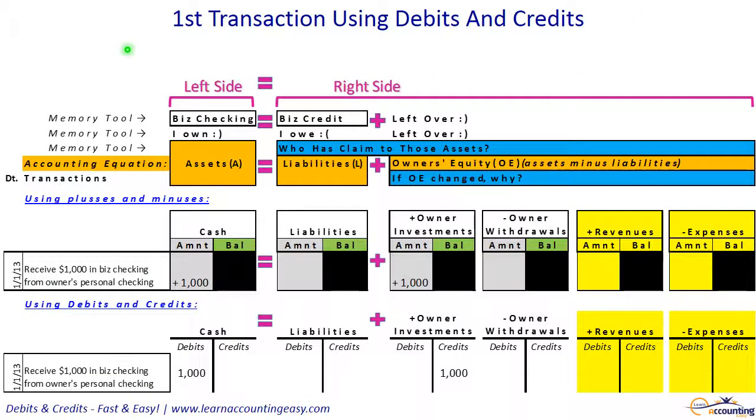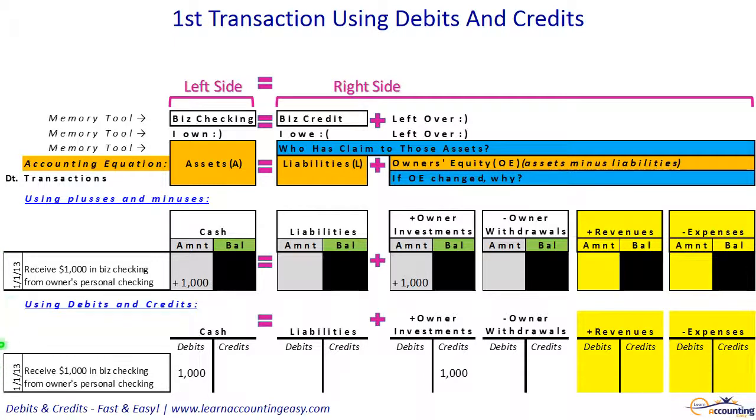Well, now that we've introduced debits and credits, let's go ahead and account for a couple of transactions using debits and credits, and we can compare that to the pluses and minuses accounting that we saw earlier. Here we've got the pluses and minuses accounting that we saw earlier, and then at the bottom we've got the